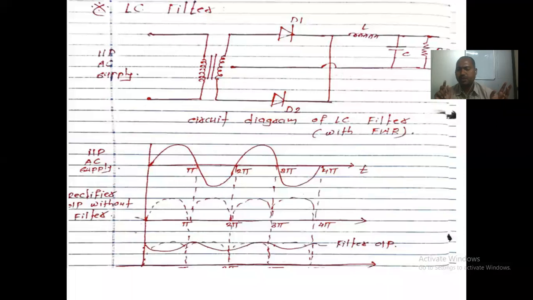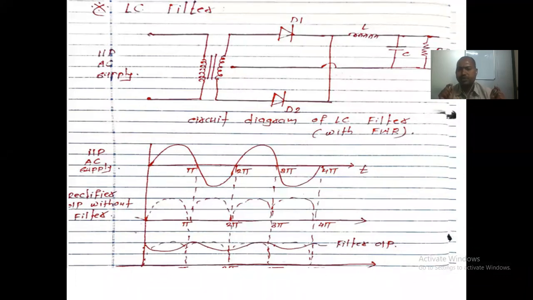Full wave has two types: full wave bridge and full wave center tap type. The full wave bridge type rectifier gives the highest output and the lowest ripple. That is the thing with respect to the full wave bridge configuration. In the case of the center tap type rectifier, we use two diodes for the configuration of the rectification.